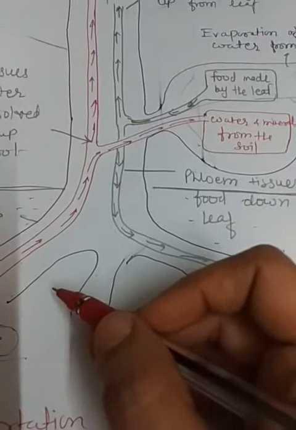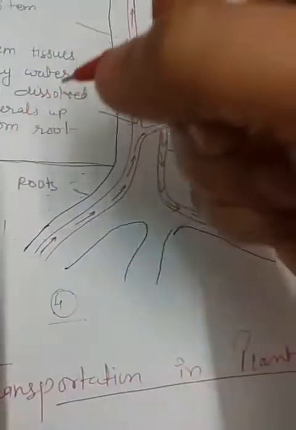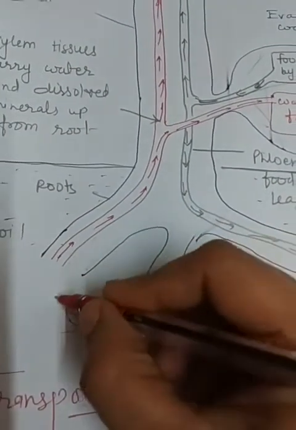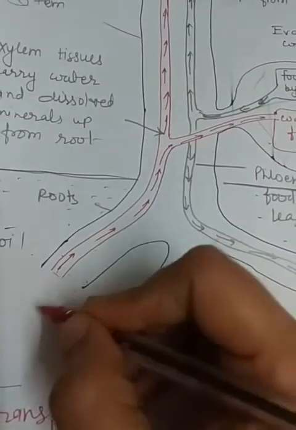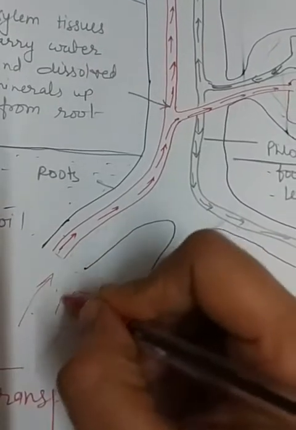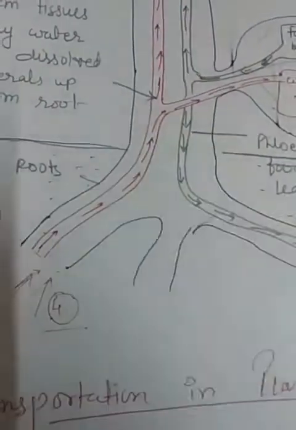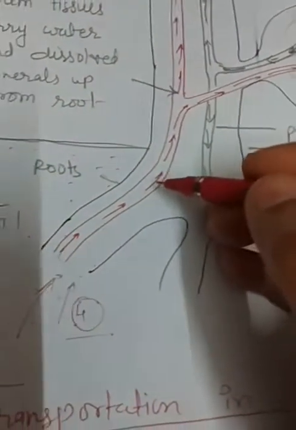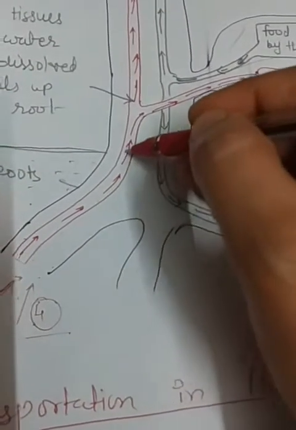Cells in the root which are in contact with the soil take up ions and minerals, which creates a difference of concentration between the root and the soil, and therefore water moves upward. Water moves to the root to eliminate the differences. Water is moved into the xylem of roots, from where it is pushed upward.